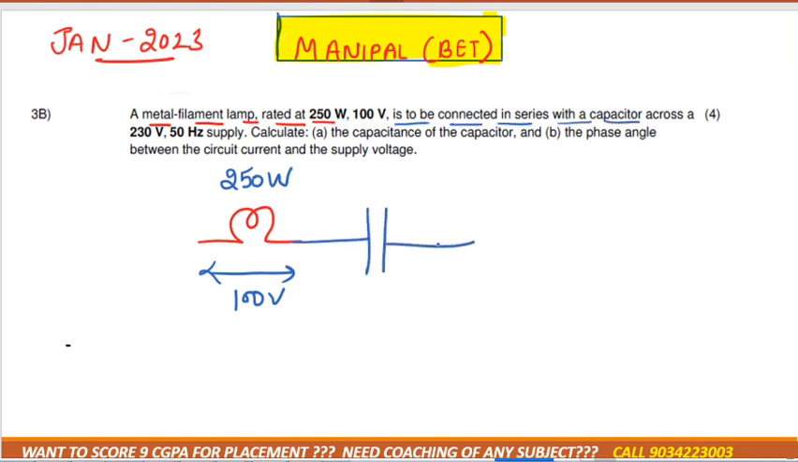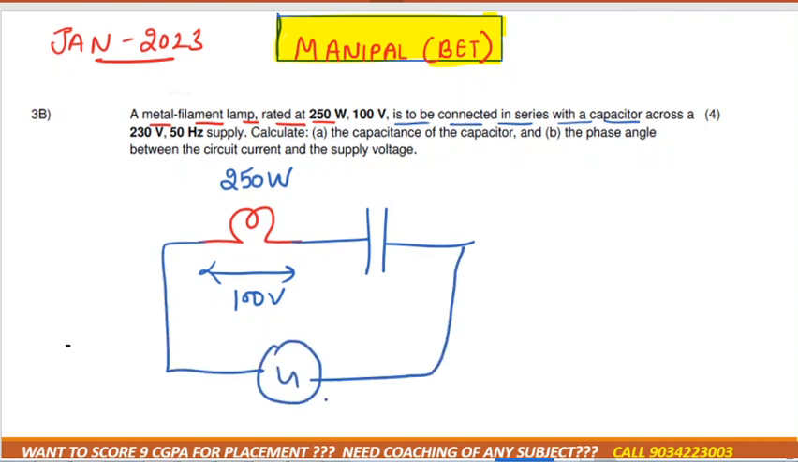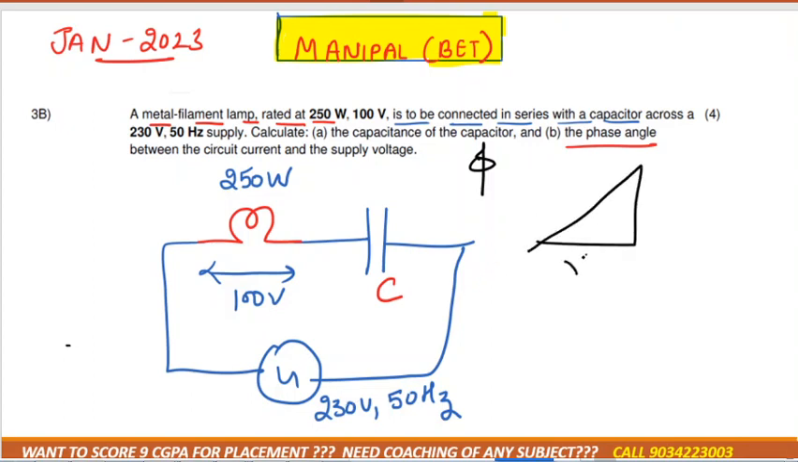Connected a capacitor across a, comma, hertz, right? Now what they want to calculate is the capacitance and the phase angle, the phi value. Basically, as you know, triangles are